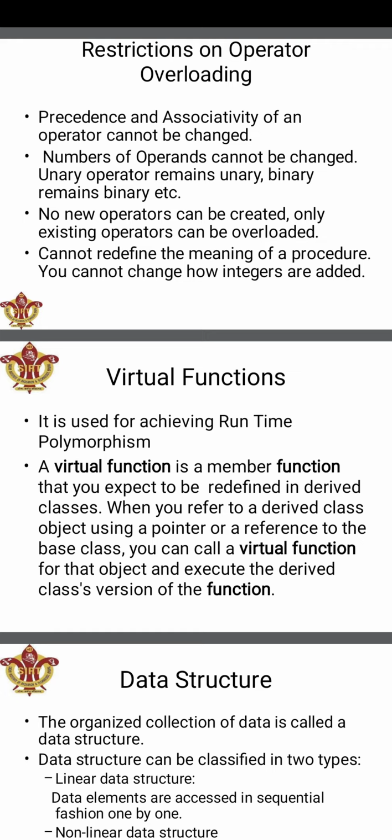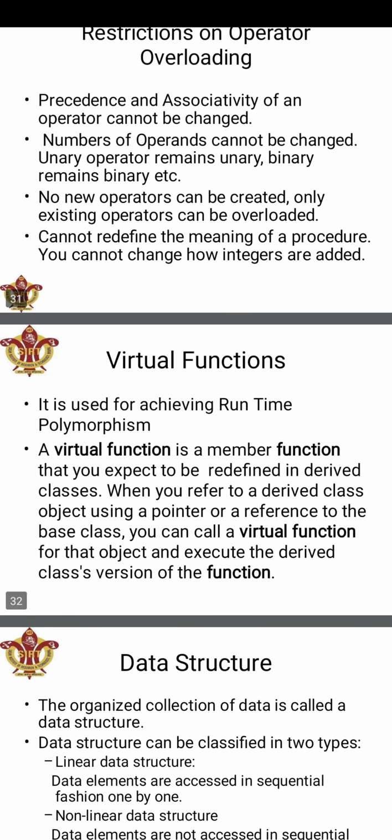Now at runtime we decide which version we need to call, whether the parent class version or the child class version. So the name will be the same. The only thing is whatever function we are writing in the parent class will be preceded by the keyword virtual. It will notify the compiler that it is a virtual function, so it will be redefined in the child class again, and at runtime we will decide which version of the function has to be called, the base class version or the child class version.